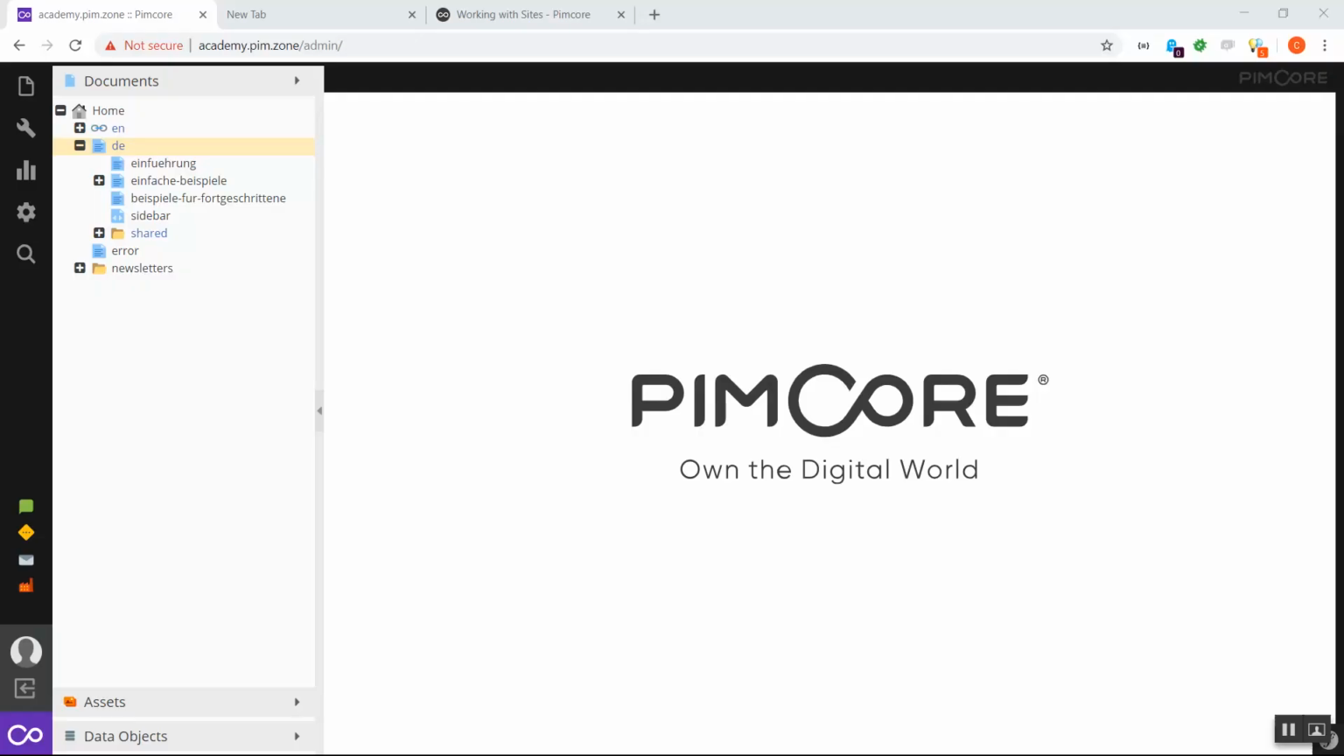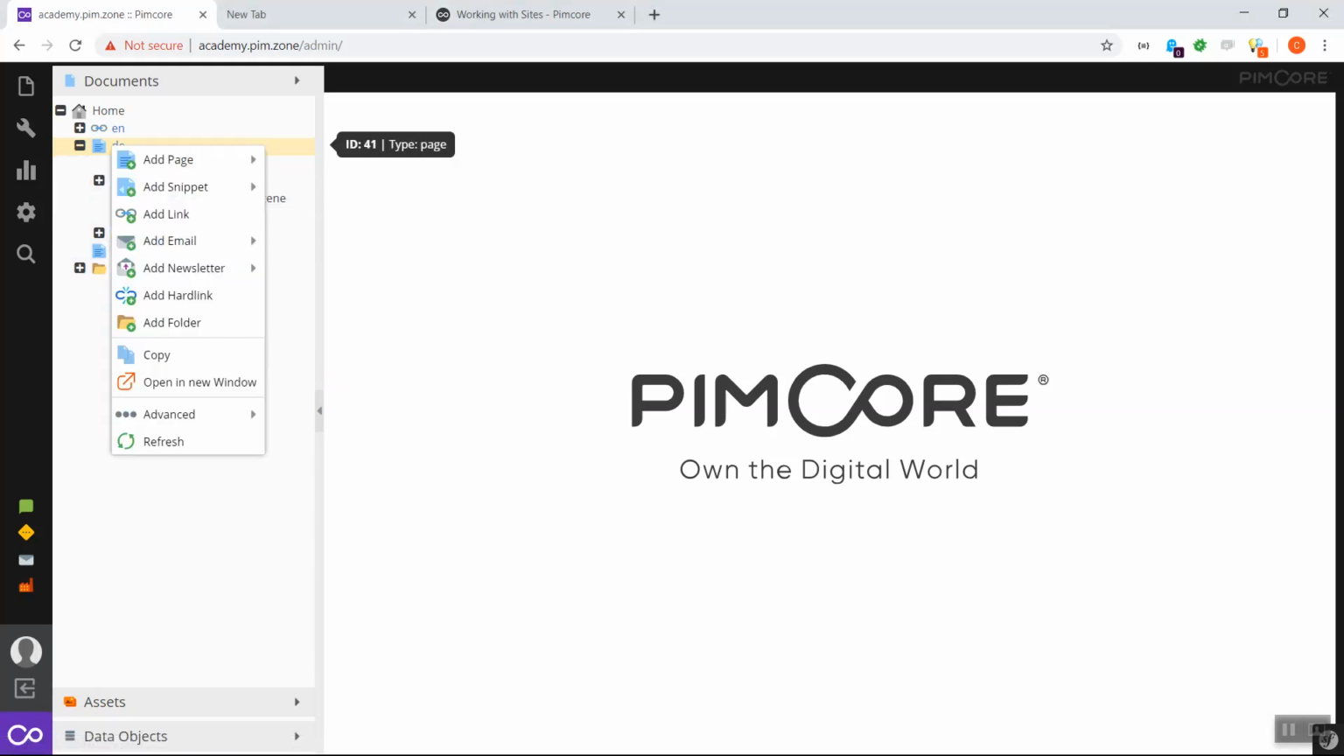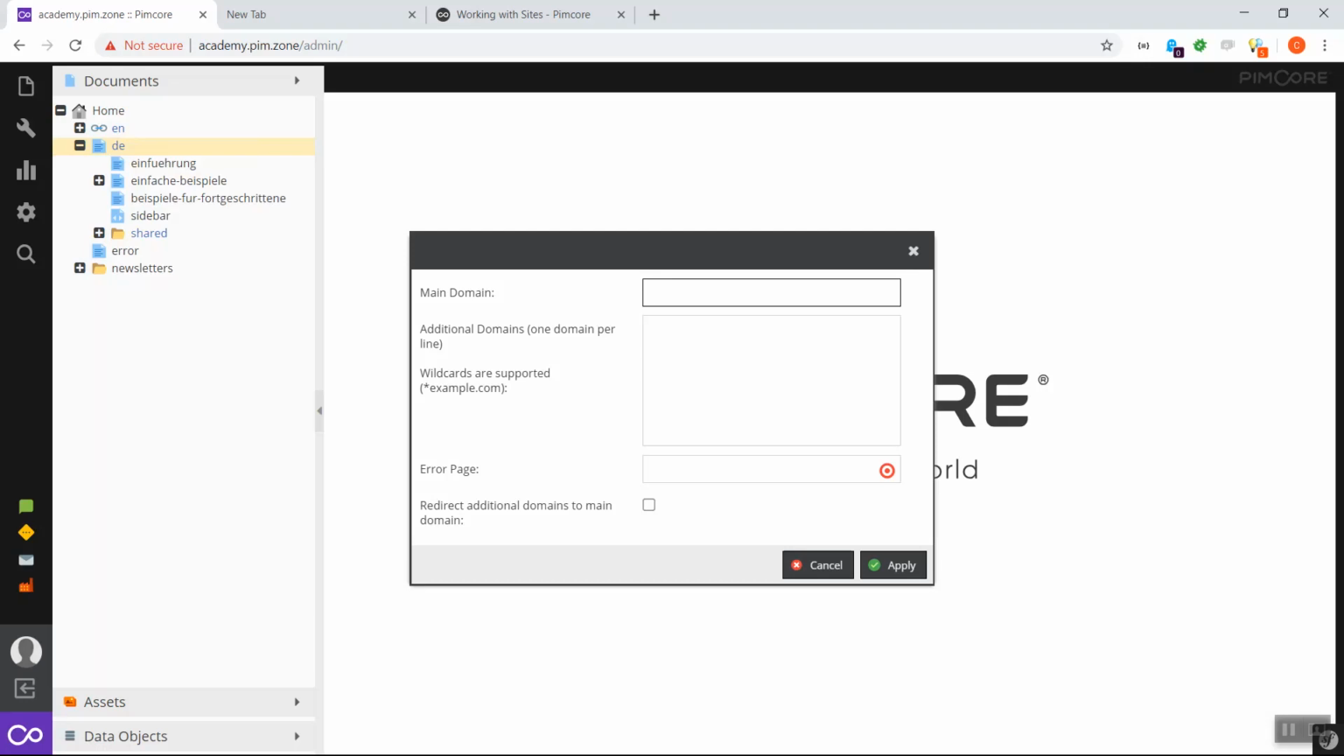With the site functionality of Pimcore, you can set up multi-domain web applications with just one Pimcore instance. A site can be set up based on the tree and makes one subtree available under a certain domain to the outside world. Let's just set up the DE subtree as a site with this "Use as site" option here in the context menu and specify another